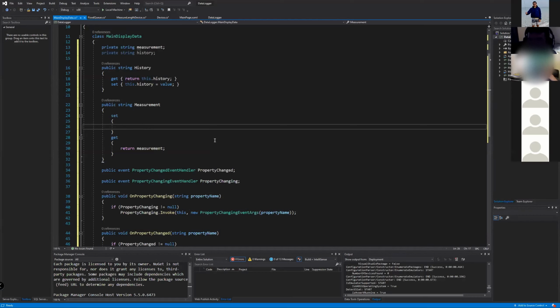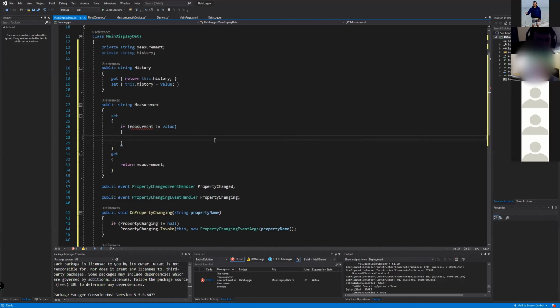Let's go ahead and just type it out. We only want to do this if, see, my E doesn't work half the time, sorry. If a value is returned with some value,